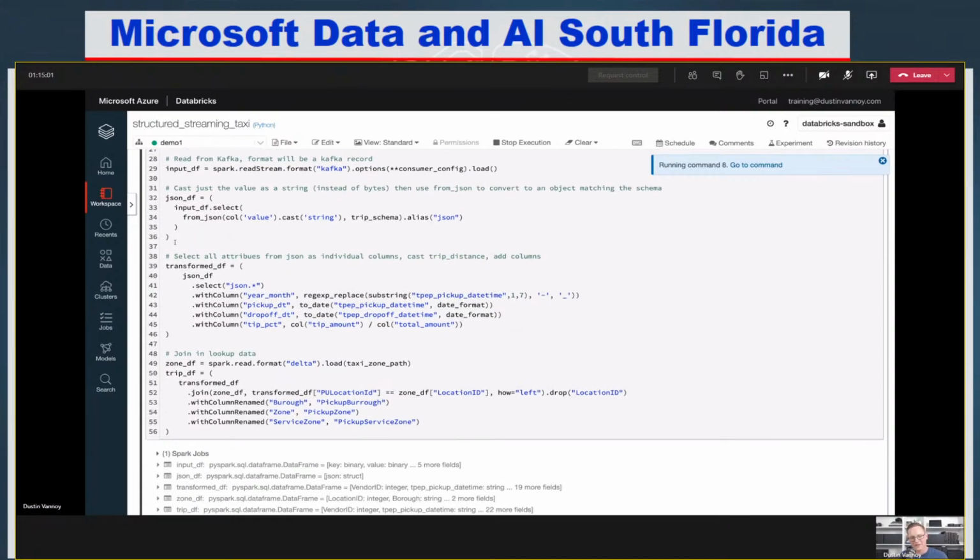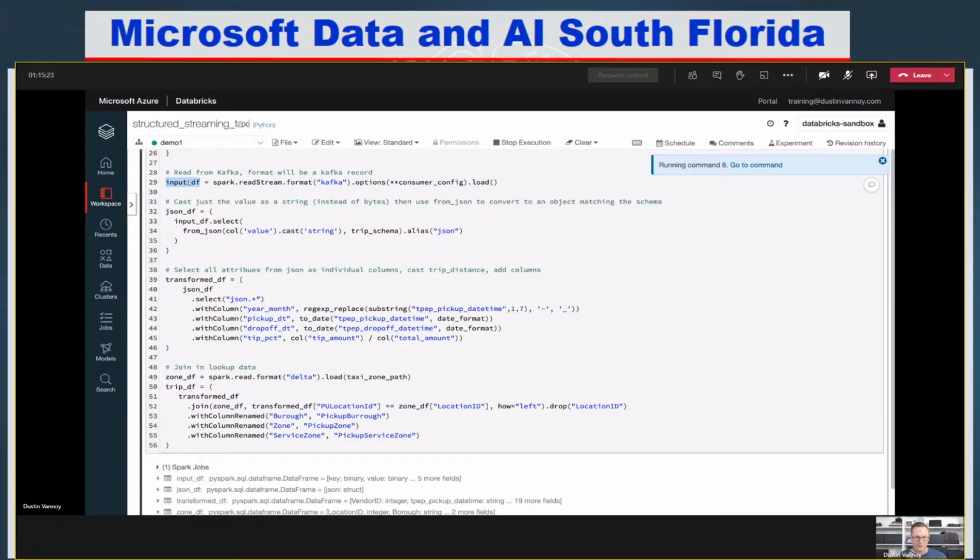Now there's some special stuff that happens when we're dealing with streaming JSON messages, and this is true whether we're using Azure Event Hubs or Apache Kafka. We're going to get a record, and in that record there's a value, a key, a timestamp, and a few other metadata items. So I have an input data frame that knows about the table and the column I'm going to get. In this case, it's just a set of rows, and each row is a Kafka record. From that Kafka record, I'm selecting the column called value, which is some bytes that has all of the info in the message.